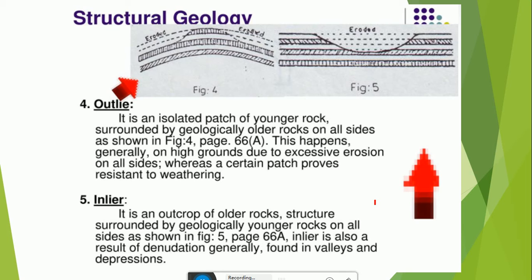इसको याद करने का एक अच्छा तरीका है YOH. यंगर रॉक इज सराउंडेड बाय द ओल्डर रॉक, O फॉर द आउटलेयर। ये फॉर्म करता है हिल। और जस्ट अपोजिट इसका हो जाएगा इनलेयर, यानी यहाँ पे वैली हो जाएगा, यहाँ पे यंगर हो जाएगा, यहाँ पे ओल्डर हो जाएगा।